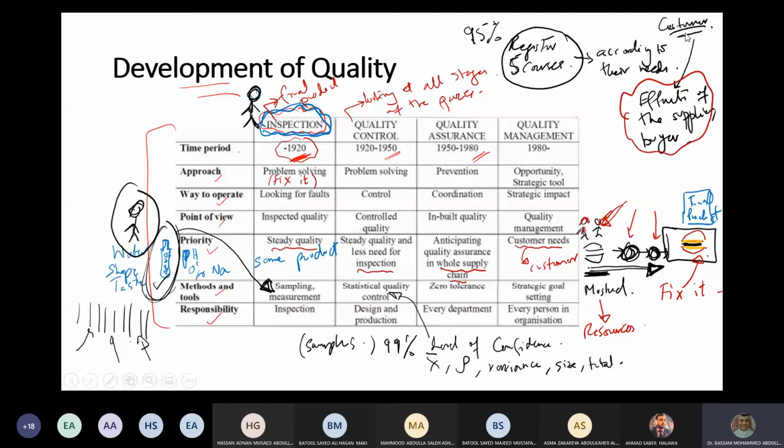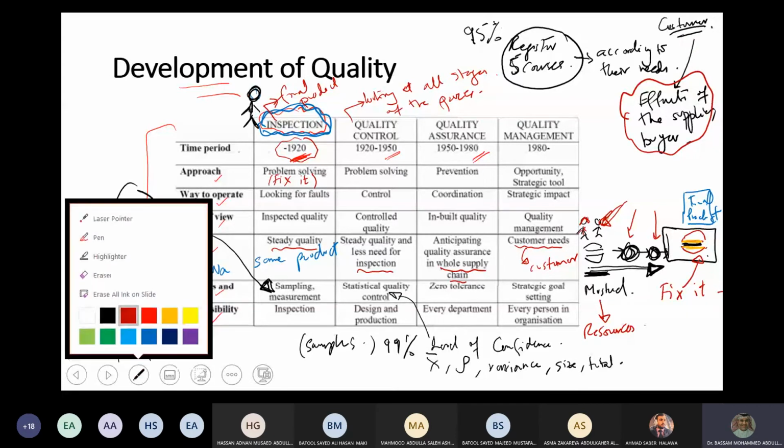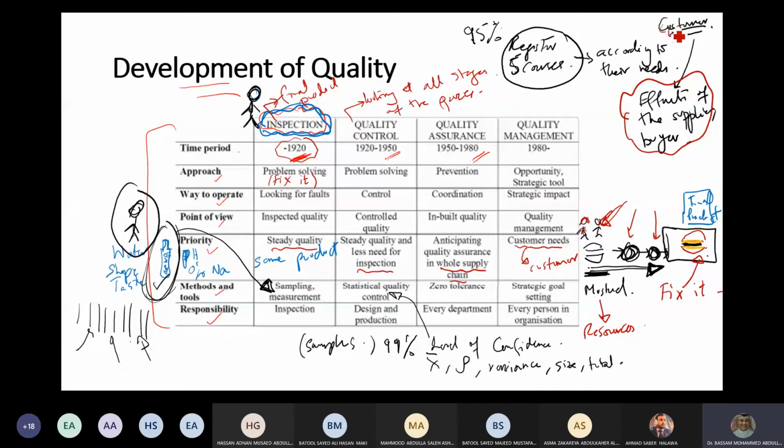But the customer doesn't bother about where he bought it from, where he got it from. He doesn't bother about all those efforts. What he looks at is the final product. At the end of the day, it is customer needs and satisfaction. So this is what I want. I want